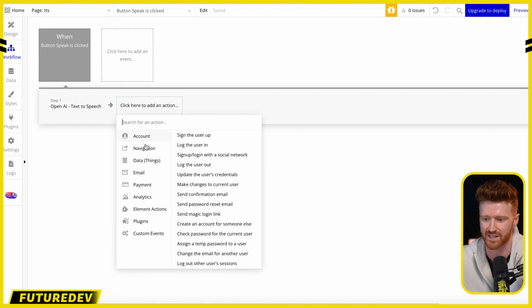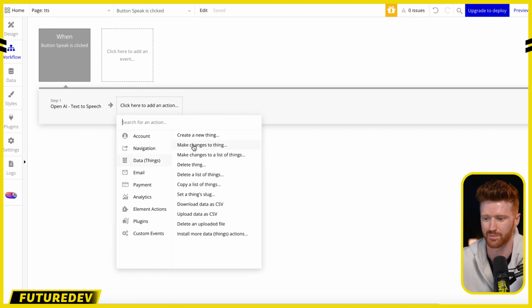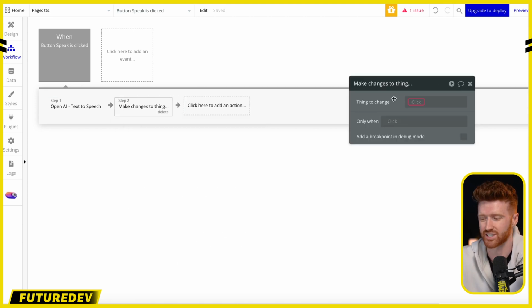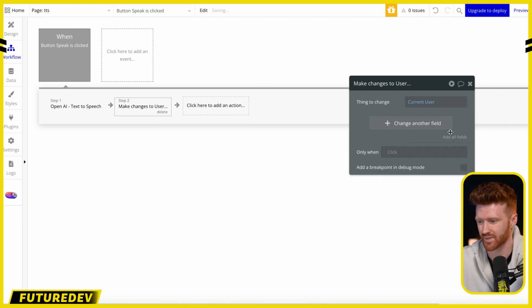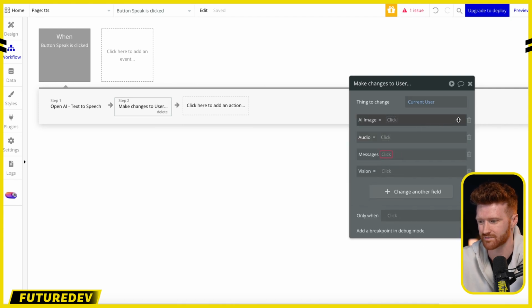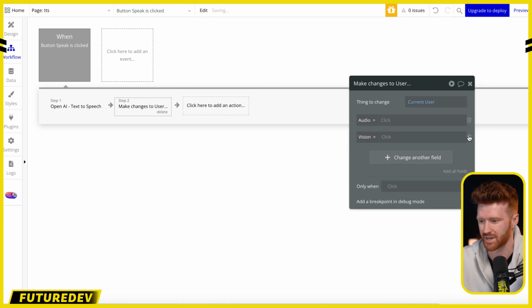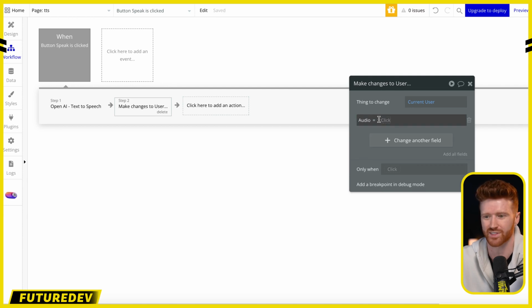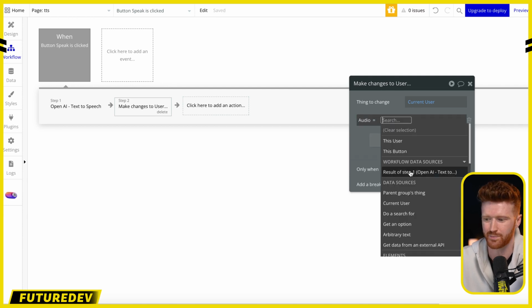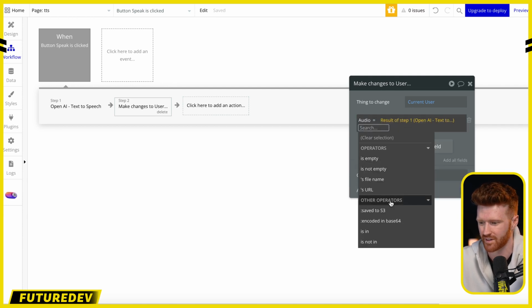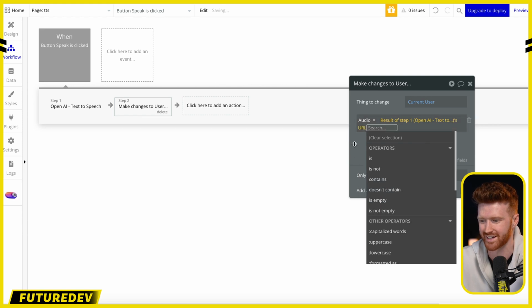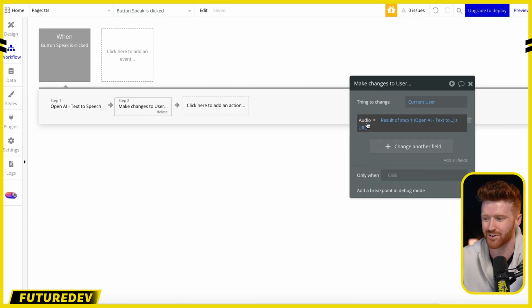Let's add it to our database. So come to data, we will be making changes to a thing. And the thing we're gonna change is the current user, and then simply add all fields, and we can get rid of AI image, message, and vision. So we're just left with audio, and the audio is gonna be the result of step one, and then you're looking for the URL, and it's just that easy. So we have audio equals result of step one, URL,